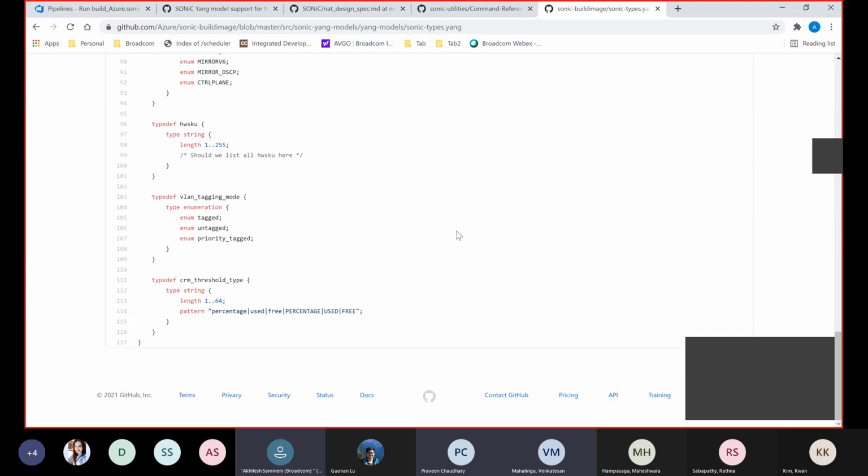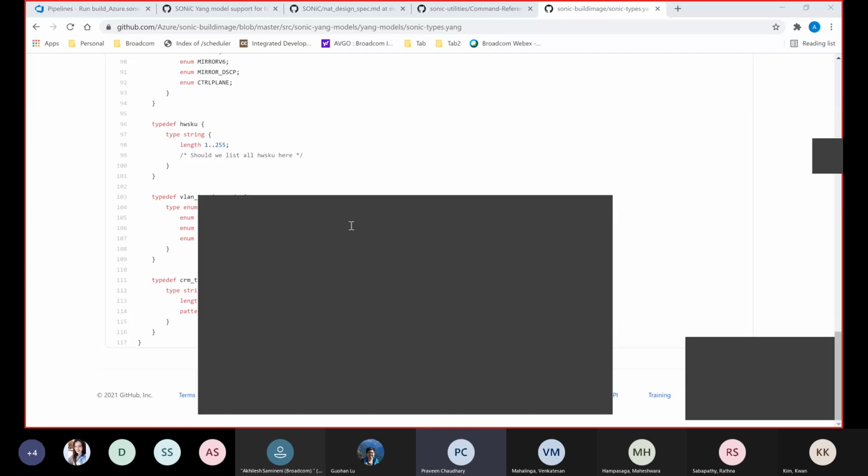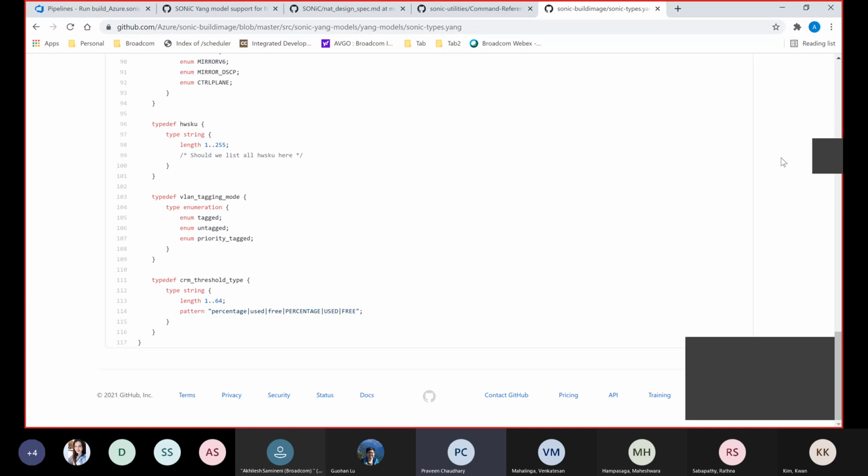Do you think we also have the CRM threshold and other stuff, right? I think this one is not common to all. Correct. I can update the NAT also. Ideally, it should be something like threshold type and everything, so that would have been better, but it's not. But it's good to add those things here. What I'm saying is, if we can remove that specific name, let's say for admin mode, it doesn't make sense that it is specific to NAT. Somebody else can utilize it by just saying admin mode. Sure, it makes sense. I will use admin mode in the common part.